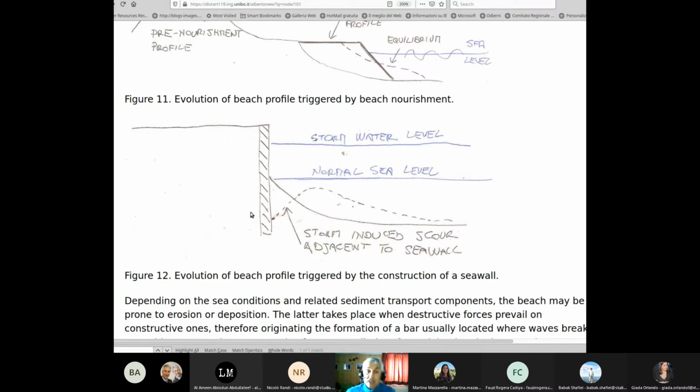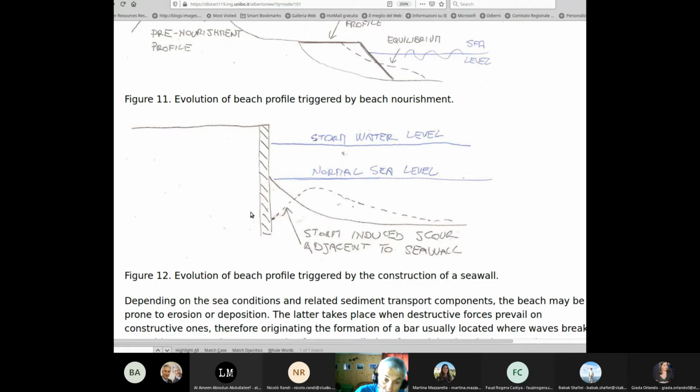And this is explained by the fact that the waves hit the seawall, going against the wall, and originate a turbulence against the wall, which travels up and down, and therefore you have part of the wave that goes in the direction of the seabed, originating turbulence at the contact point between the wall and the seabed. And therefore, you dig a kind of hole at the foot of